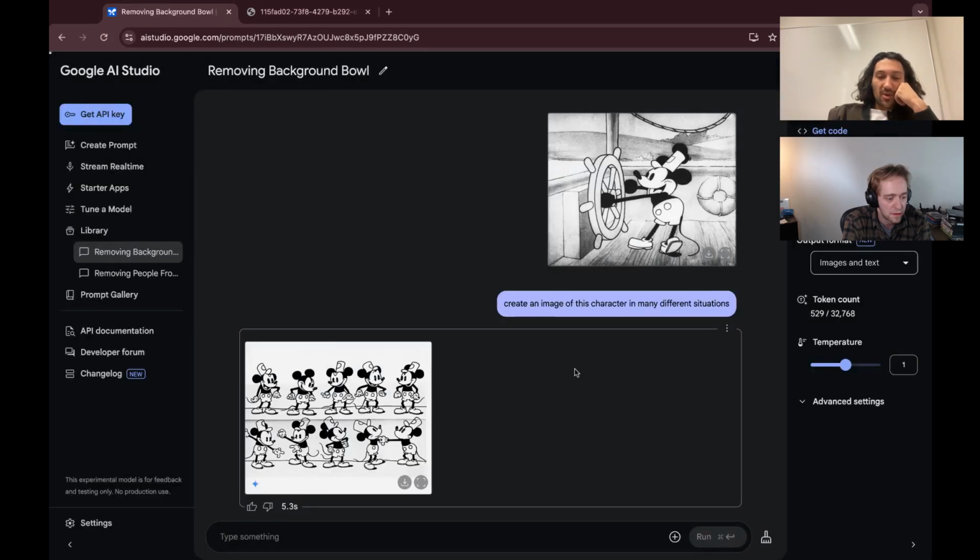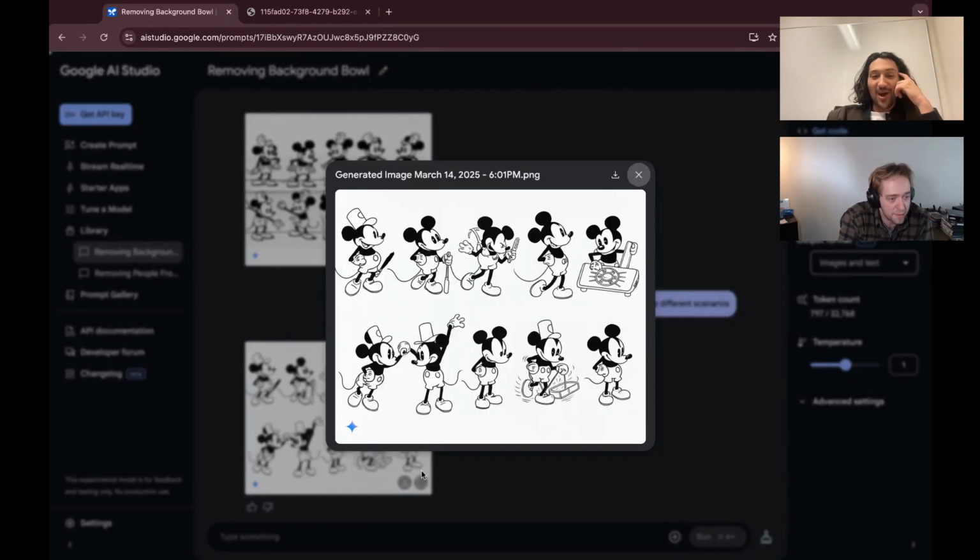So now to level it up a little bit, we're going to ask for a bunch of different common objects. So not only different poses, but we want to see the character holding different objects. We didn't specify the objects, so the model just picked, and I'm not even sure what some of them are. They seem to be potentially a little bit confused. But it kept the character consistent, which is good. Yep. Definitely kept the character consistent. Okay, so then